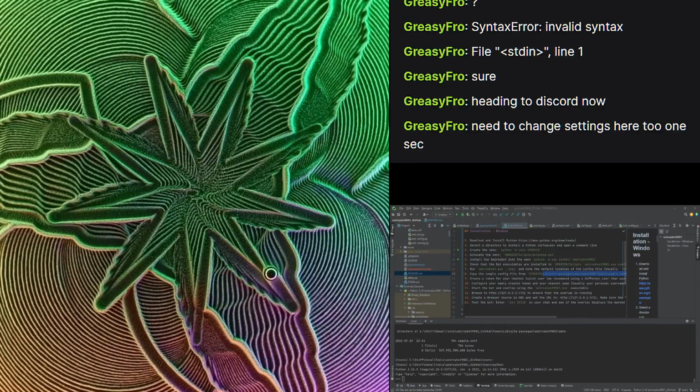Oh, and you need to put the channel name for your channel. So it's going to log into your channel. So you need to enter Greasy Fro there as a channel name. Yep. So the bot will log into your channel, and he will also be visible as a viewer then. And if you use this account later on for some moderation, you can also give it moderation access. But for now, it will only need to log into the chat.